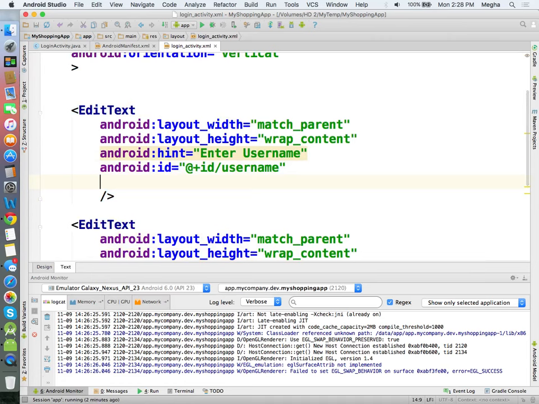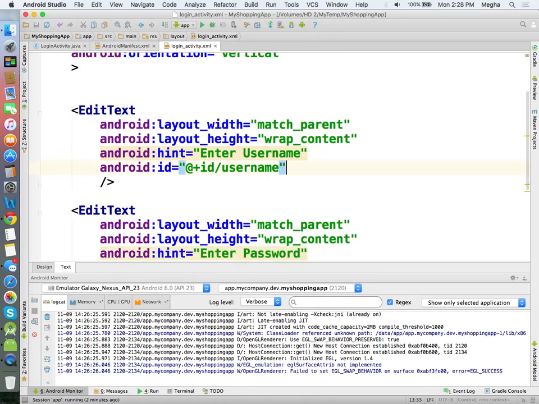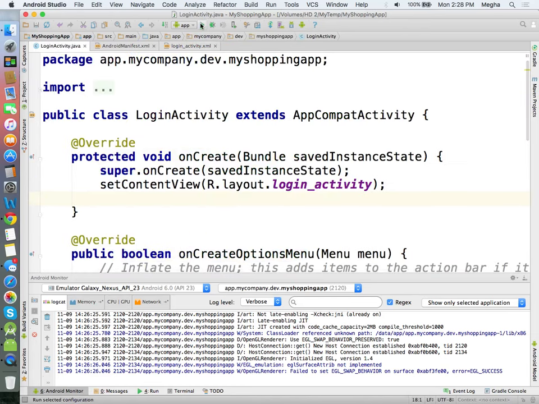Before that, remember it's a software keyboard. Like as we test in that emulator, we are simply entering using our keyboard. But in a real phone, a software keyboard will pop up. So let us reproduce the real situation. I'm just going to run it.